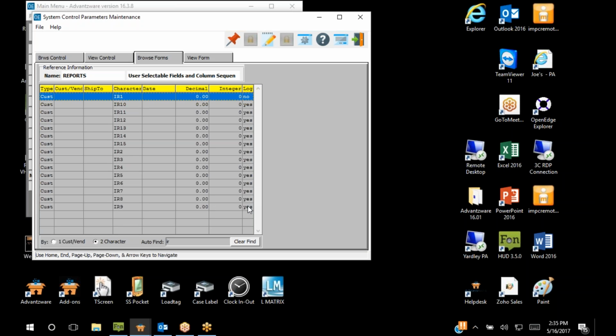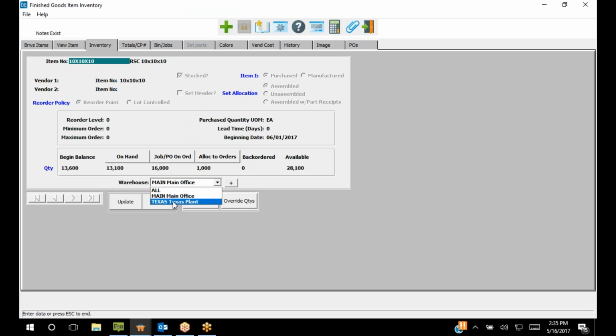Now, when I say it's multi-warehouse, in this example, this is showing me all the warehouses. If I click this down arrow, I can say what's in Maine. And then if I click it again, I can say, well, what's in Texas? And you can see I've got 500 in Texas. And I've got a different reorder level here. So the point is, if you have a warehouse in Texas and you have a warehouse in Pennsylvania, it doesn't do you any good to have the inventory on hand in Pennsylvania when you're shipping from Texas. So you need to print a reorder advice report by warehouse, and that's what that reorder advice report does,